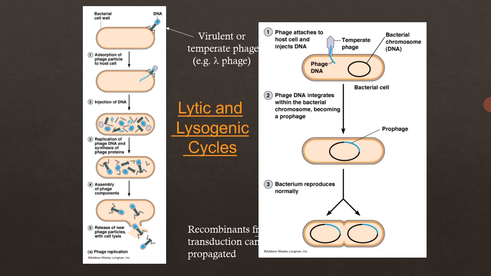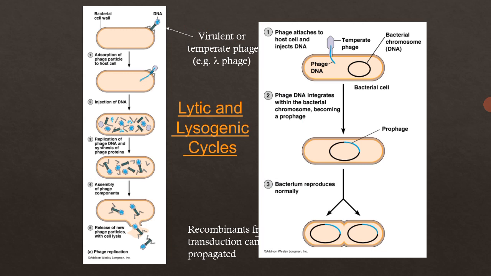Then after this, we will see a basic introduction of the lytic cycle and lysogenic cycle. As I mentioned, in the left hand side diagram, here is the bacterial cell wall, and a bacteriophage is attached. Now what happens? First the adsorption will be there. Adsorption means the tail fiber will get attached onto the bacterial cell, and then it will transfer its genetic material through that tube.